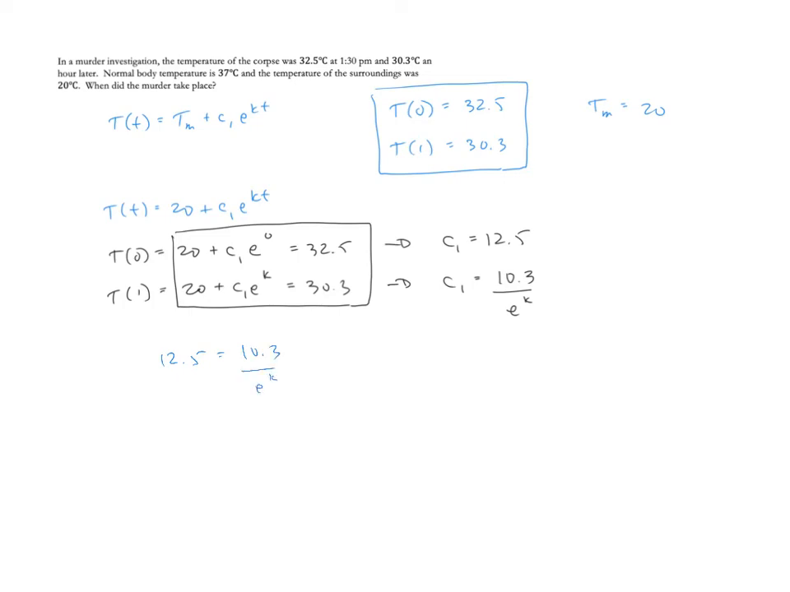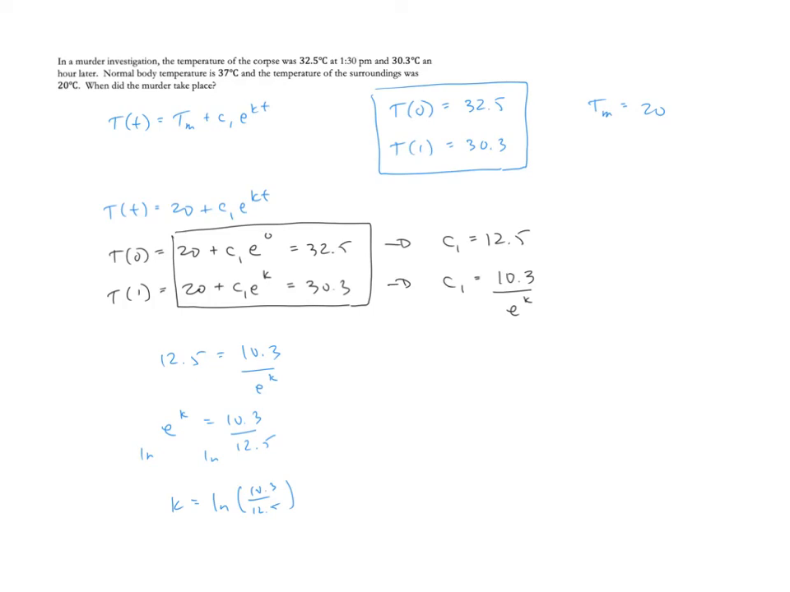Now I can solve for k. To solve for k, I'll multiply that over, and I'll divide the 12.5. Then I'm going to log both sides. So when I natural log both sides, this is going to give me k equals the natural log of 10.3 over 12.5. So now that was a lot of the legwork leading us up to actually solving the particular problem